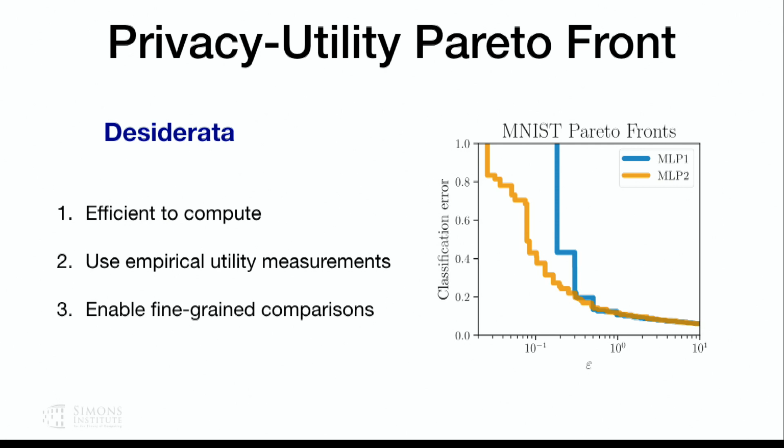So what we would really be interested in having are plots like this, which are very much like John's plots, but here in the y-axis I have error instead of accuracy for a small technical reason that is not very important. But basically what we want is to have this sort of Pareto fronts that tell us, for a given algorithm and a model, what is the best accuracy that we can get for a given epsilon, and then ideally click on here and see what are the hyperparameters that give you this sort of trade-off.